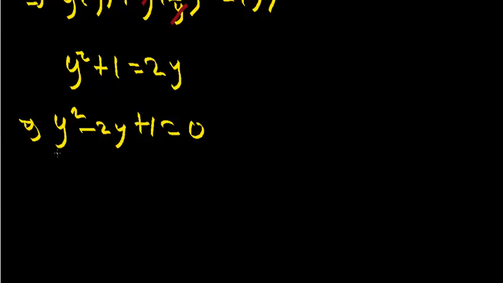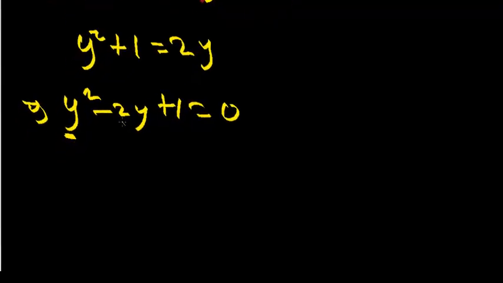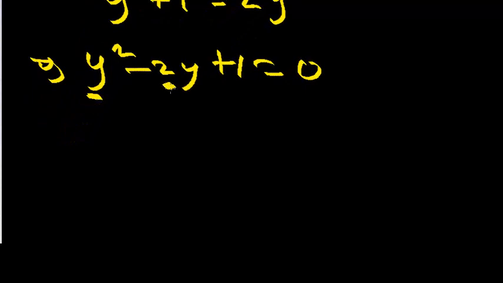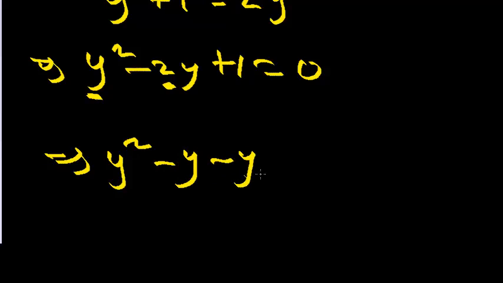So to solve this quadratic equation, we multiply the coefficient of y squared by the constant, and in this case the coefficient of y squared is 1, so we multiply that by 1 and we still get 1. Then factors of 1, either positive or negative, that when we add we get the middle coefficient, we are going to get negative 1. So here we are saying y squared minus y